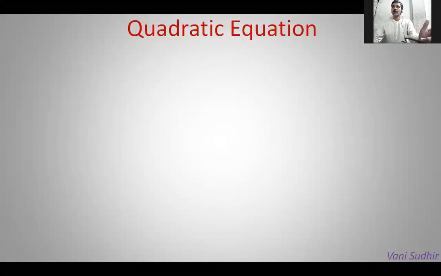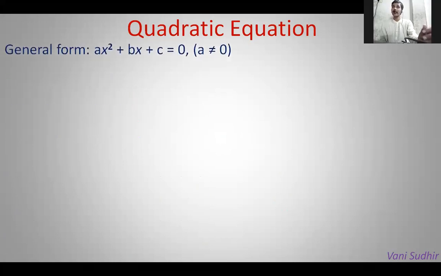Equations with the degree 2 are called quadratic equations. The general form of a quadratic equation is ax square plus bx plus c equal to 0. And here a, b, c are real constants and a is not equal to 0. And how we can find the solutions